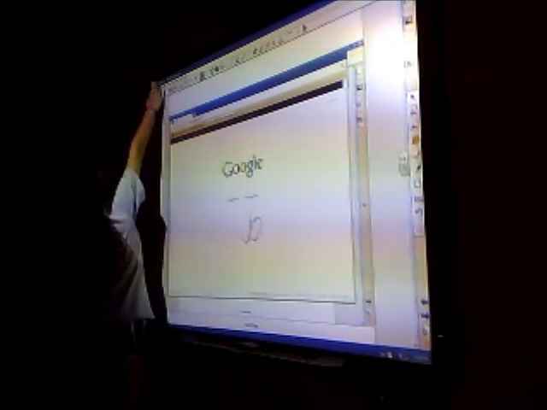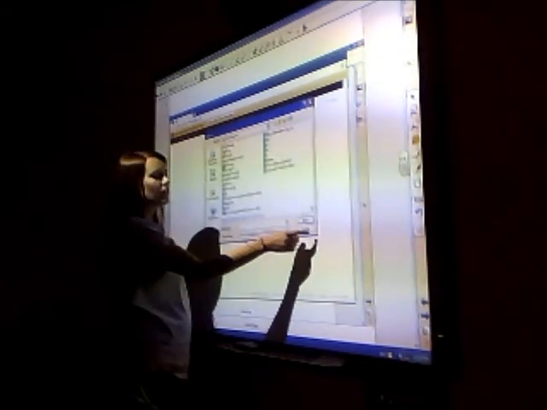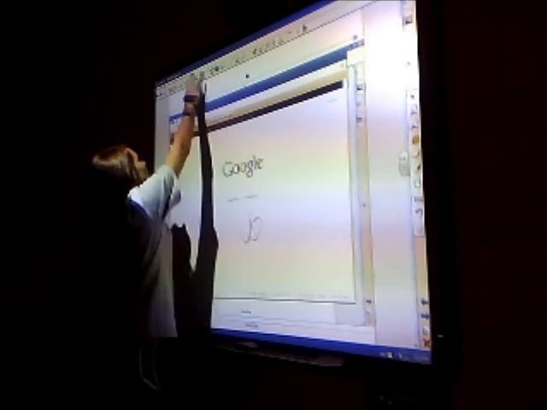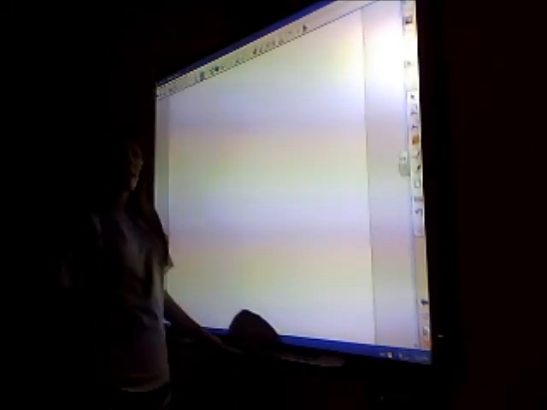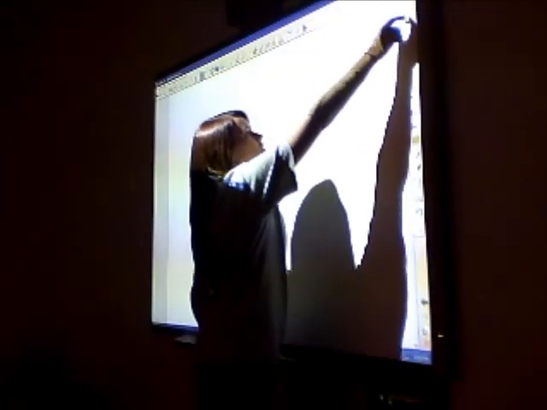And you can just save it, hit File, Save As, and you just type in whatever you want and hit Save. But we're just going to cancel it for this purpose, and we're just going to delete it. So the next thing we're going to do is add a multimedia image, and we just go back up here to this little picture,